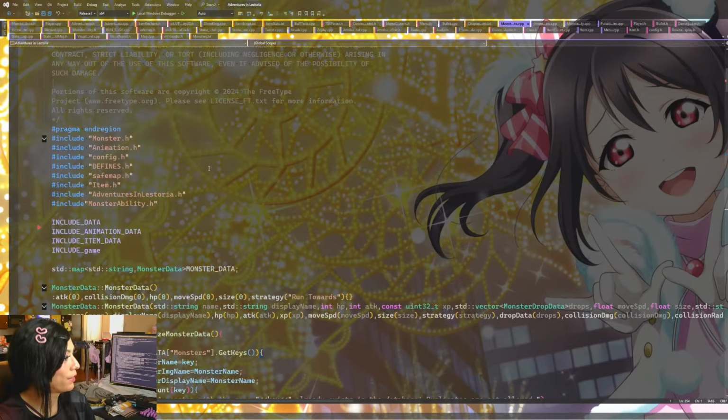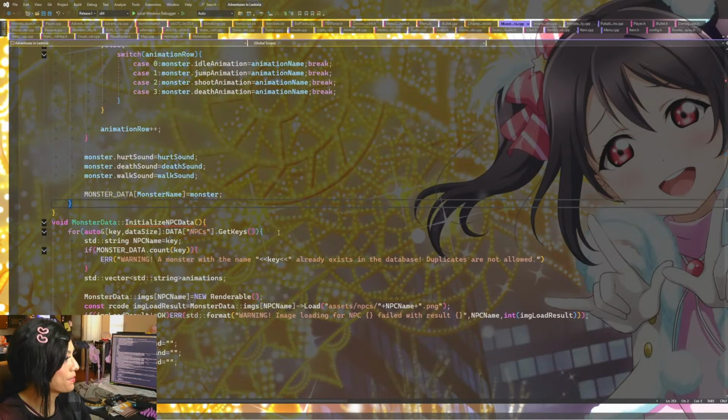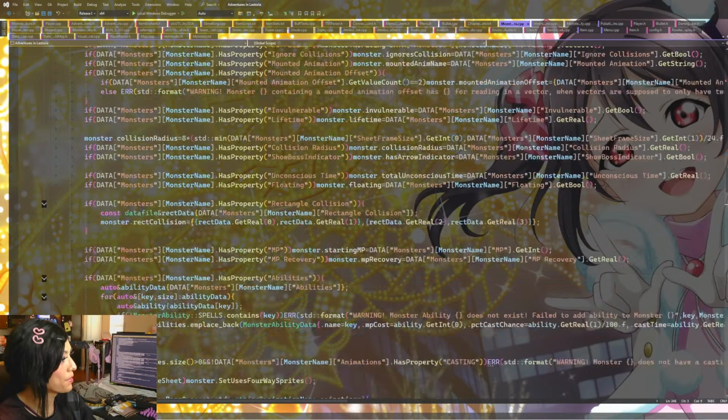What? Yeah, it looks like I deleted a curly brace at some point. Because this looks off. I either added a curly brace where I shouldn't have, which is most likely the case, or I deleted one where I wasn't supposed to.